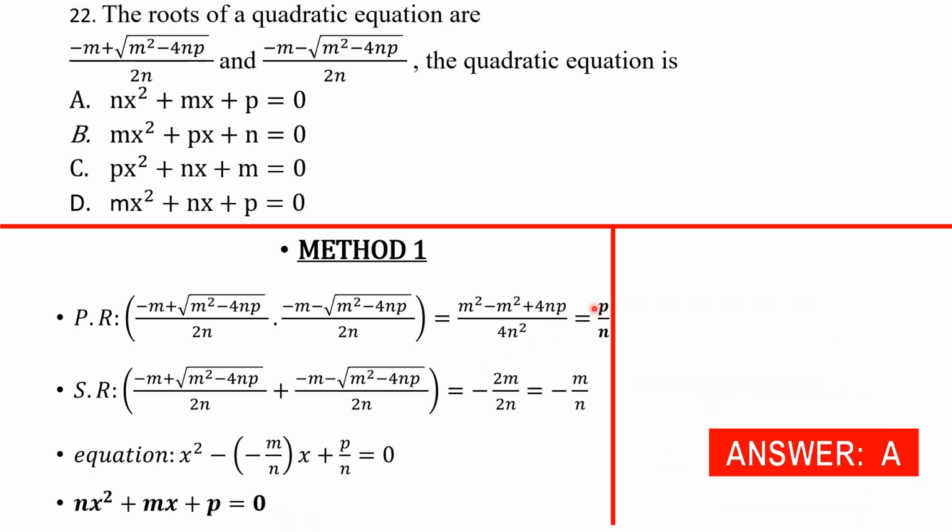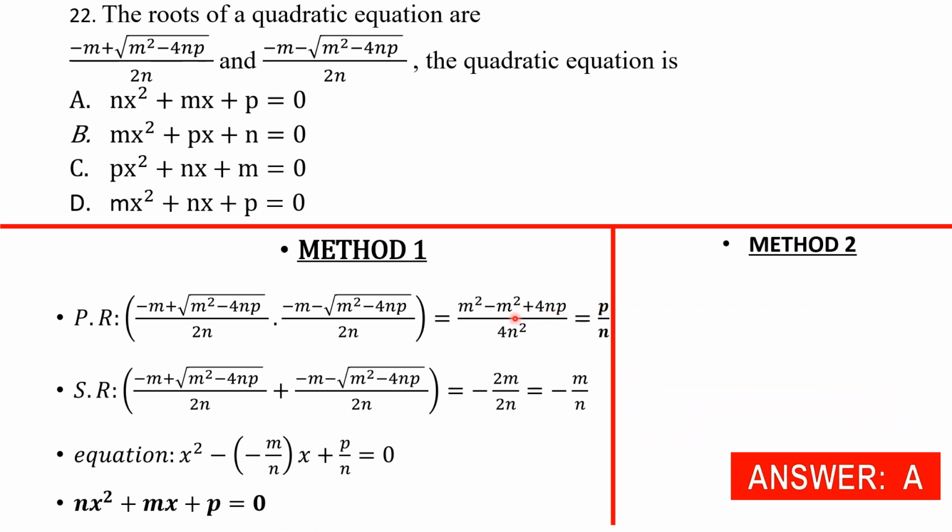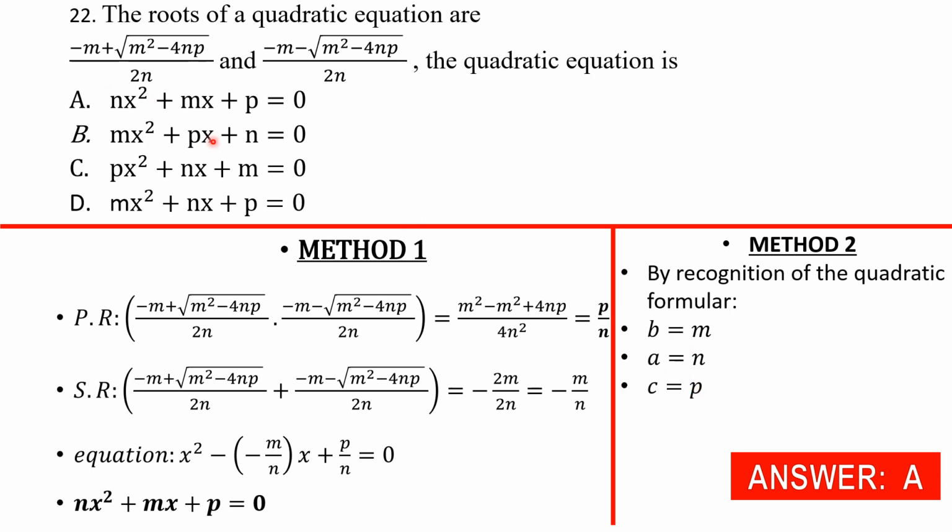Now, method 2 you can go about this would be to identify, because this is like a really complex root, but it's really easy because you can identify that this is from the quadratic formula, negative b plus or minus the square root of b squared minus 4ac over 2a. So this is a negative b out here, this is b squared here. So you just have to recognize that b is m right there, a is n, and then our c has to be this p here. And so, yeah,